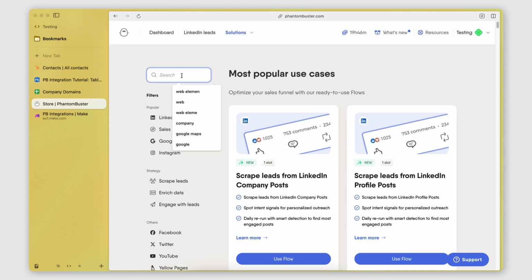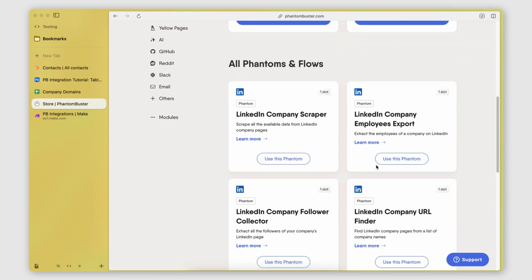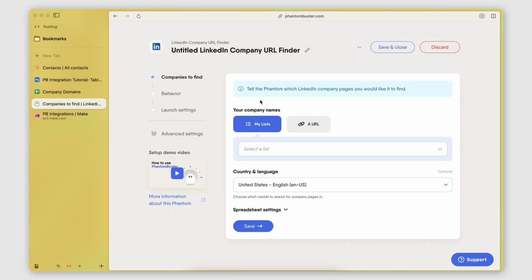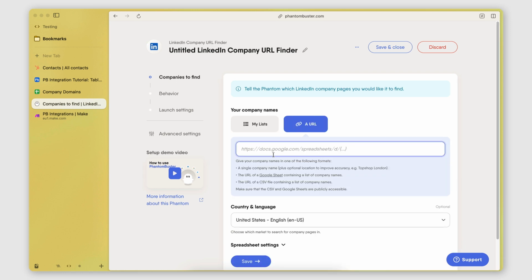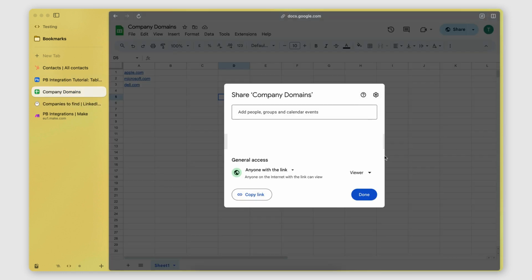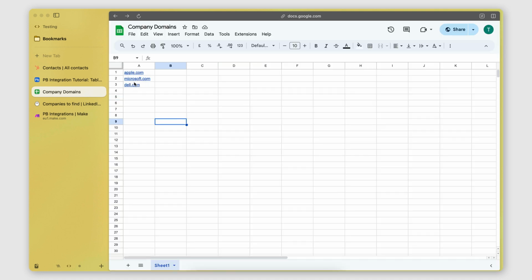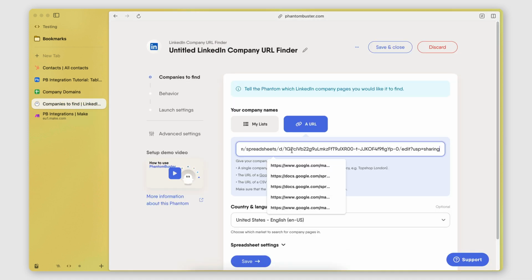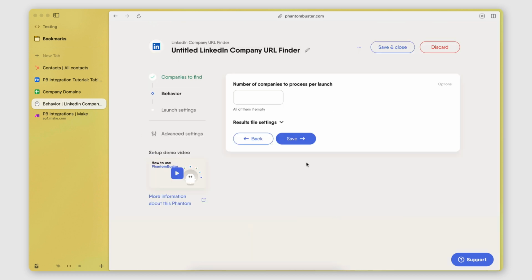I'm going to use the LinkedIn company URL finder, right? So this is the Phantom that searches for the LinkedIn company URL of a list of companies. I'm going to provide it with a Google Sheet that I set up here that contains 3 website domains of companies that I want to find the LinkedIn URLs of. I'm going to copy the link of this sheet after I publicly share it, and I'm going to paste it right there. I'm going to save,